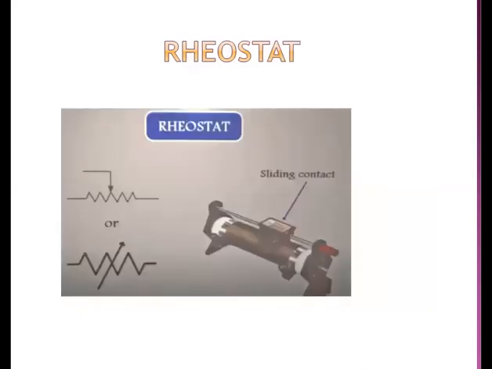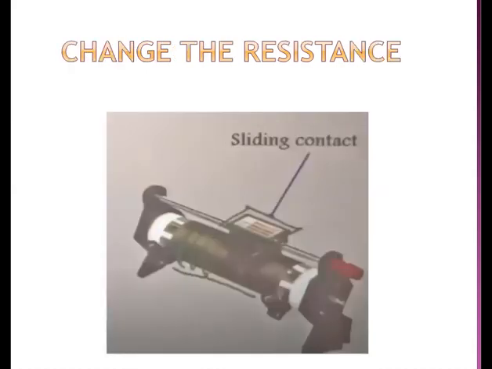Next is the rheostat. A rheostat is nothing but a variable resistor. With this we can change the value of the resistance. You may be thinking how difficult it will be to draw a rheostat. If we observe closely, what a rheostat incorporates in a circuit is a sliding contact. You can see here a sliding contact. This sliding contact is moved in order to change the resistance of this wire. On sliding the contact, we are able to change the resistance of this wire.